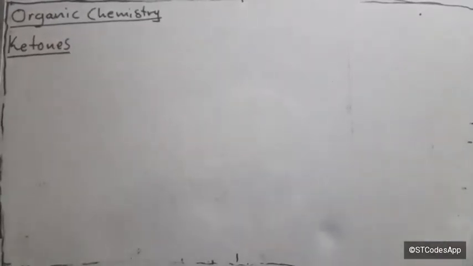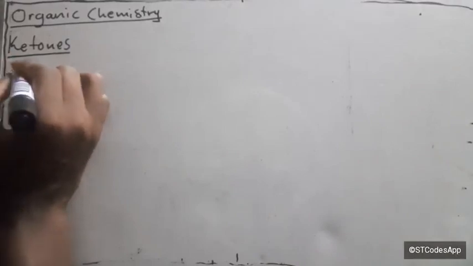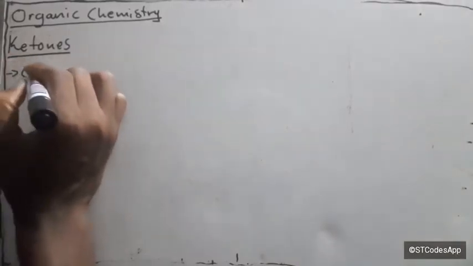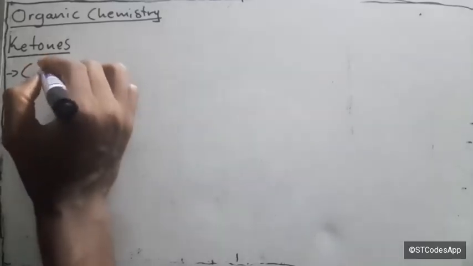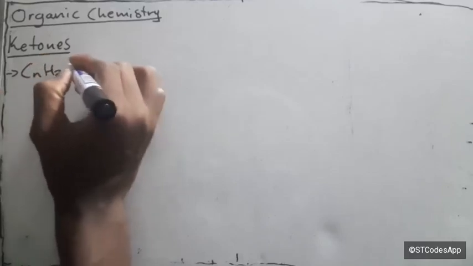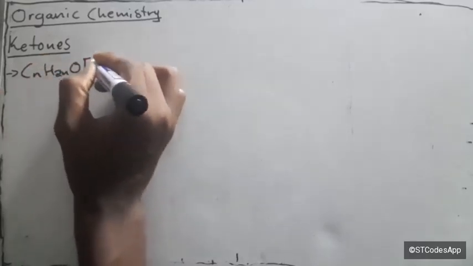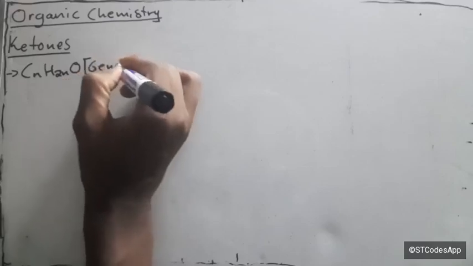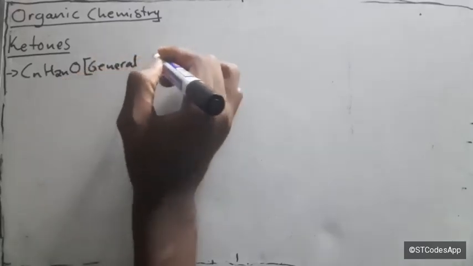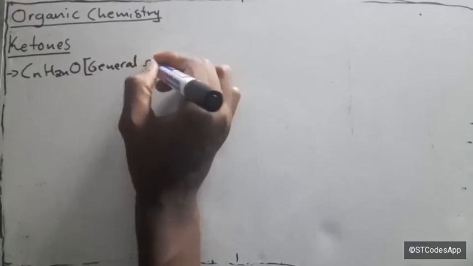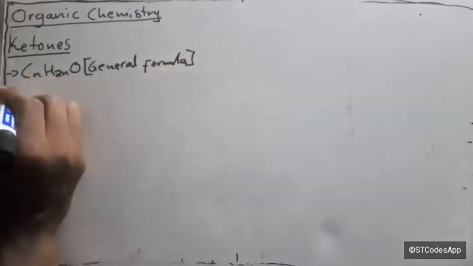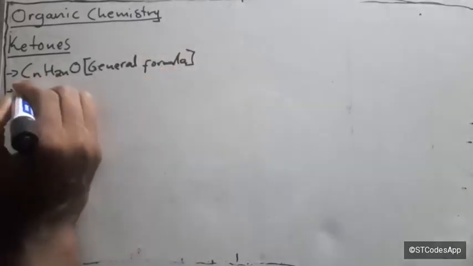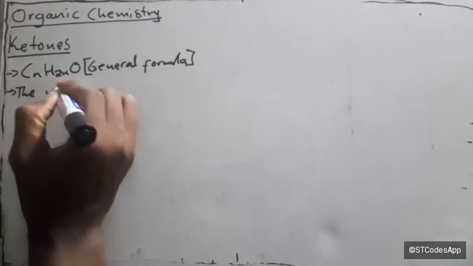Ketones. As usual, we're gonna start with the functional group, which looks like that for aldehyde. So it's CnH2n and an O. This is the general formula, not the functional group. General formula of ketones. And the name here